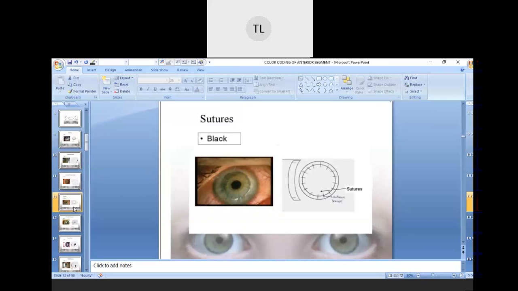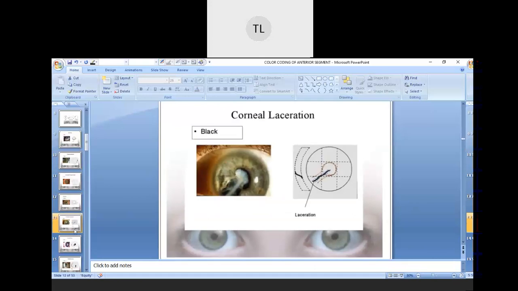Okay, so next we have is a suture. So any kind of suture, like in a case after surgery, if there is any suture present on the cornea, if you have seen any such suture, then you have to draw it this way. And then we have is a corneal laceration. When we talk about the corneal laceration, it means there is some cut in the cornea. This can be a partial or fully cut off the cornea. That mainly occurs because of any injury to the cornea. Because of that we will see a corneal laceration this way, and then we have to draw it in the black color.